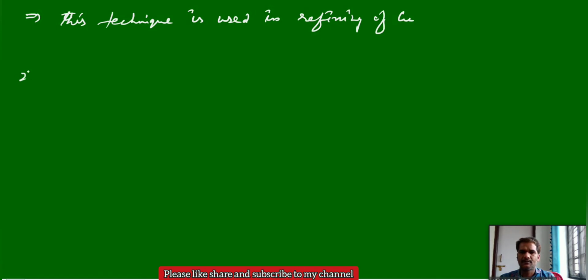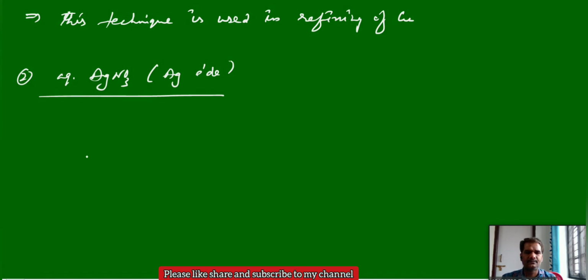Okay, second example. Aqueous silver nitrate by using silver electrode. Here the silver electrode is an active electrode. Then what happens? Just like previous, the solution contains Ag plus, NO3 minus, H plus and OH minus. Among NO3 minus and OH minus, oxygen should liberate, and among Ag plus and H plus, silver will deposit.